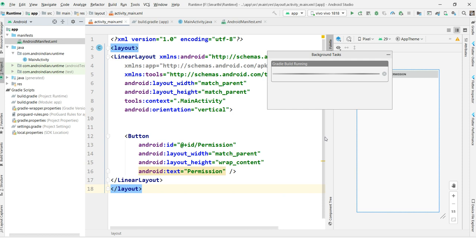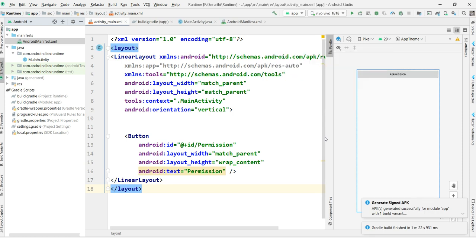See, it's still running. Once the process has completed we can see it here. As I already said, it depends on the application size and your system, so it may vary.